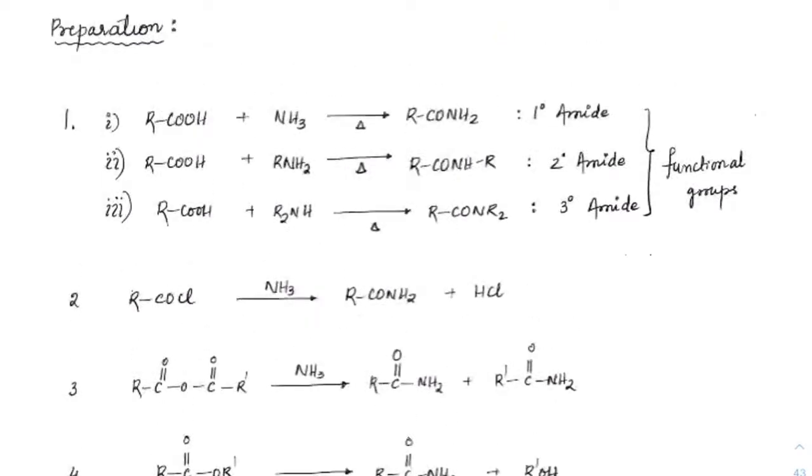Now see the preparation reactions for amides. Amides can be simply prepared from any ammonia derivative. If you react with acids, all ammonia derivatives will give their respective amides. If you do not have any alkyl substituent here, we call it a primary amide, then secondary and tertiary amide. Just like amines, these are also functional groups of each other.